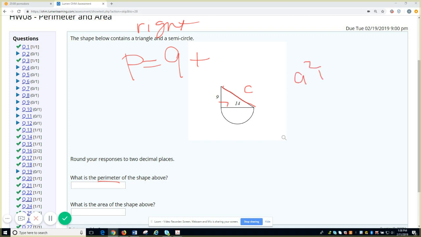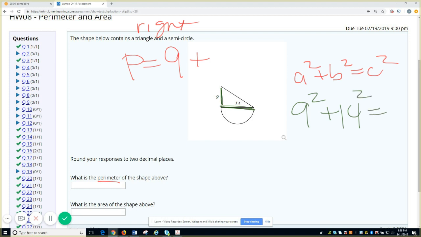The Pythagorean theorem is this. And so these are my A and B. Color code them. So this is my B, this is my A. 9 squared, 14 squared. And I'm looking for the hypotenuse. This part right here. Okay, so 9 squared is 81. 14 squared,